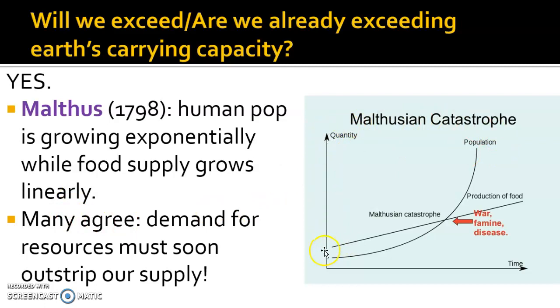So if you think about growth over time and population growth, this line is the production of food primarily. And then here's our population growth, right? At the point where production of food becomes less than the population growth, then we have war, famine, and disease. And these things are already happening locally in some places where production of food can be impacted and population is growing. But could this happen to the entire planet?